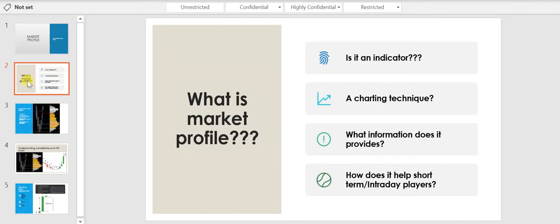So basically, market profile gives you the direction in which the market is going, and the price range where the most amount of trades are done. It gives you the details of what the operator is thinking and in which direction the operator is trying to move, based on the market profile terminologies or concepts. We will be able to understand how exactly the operator is thinking, and we can go in the direction of them.